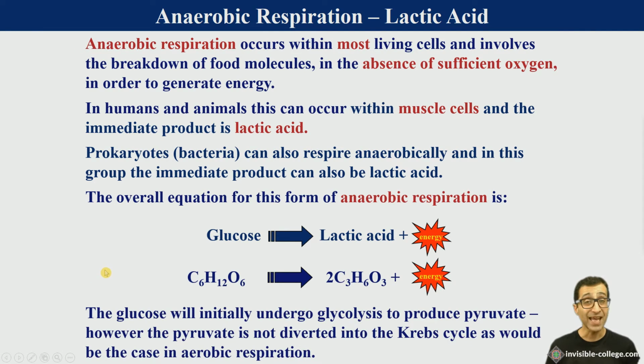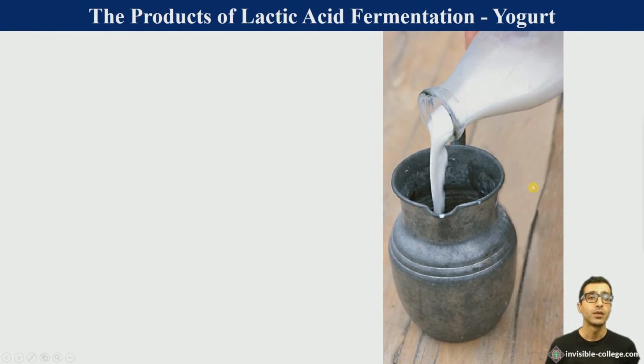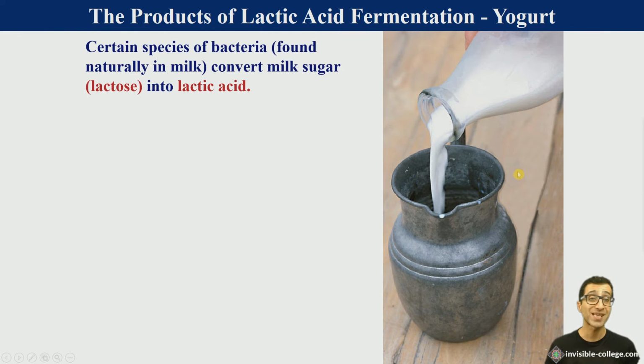So the glucose again will initially undergo glycolysis to produce pyruvate, but then the pyruvate does not go into the Krebs cycle because the Krebs cycle requires an input of oxygen. Instead, it is converted into lactic acid. So certain species of bacteria which are found naturally in milk will convert the milk sugars or lactose into lactic